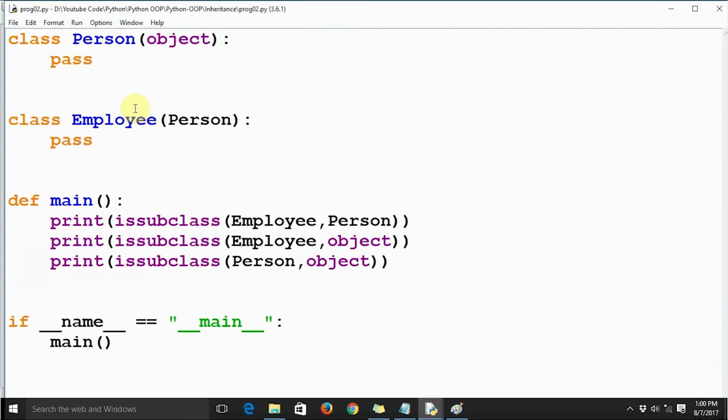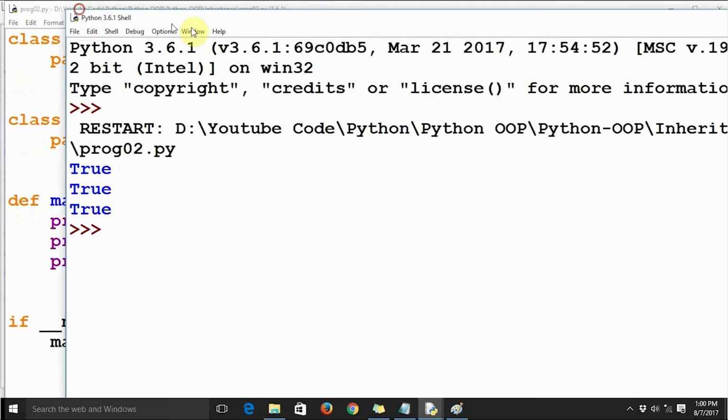Okay, so this is program 2 that we were having a look at. Let's run the module.